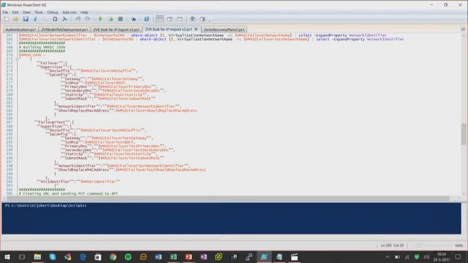So this is the structure of that JSON body that we send to the API. That has all the details in there. It has, okay, failover. What's the failover network? What's the failover test network of that specific NIC? What's the IP address, DNS settings? They might be different for a failover. They might be different for a failover test. So we just import all those settings out of that CSV file and put it into this JSON part of the script. And this is basically sent to the API, that, hey, please perform this for me on this specific